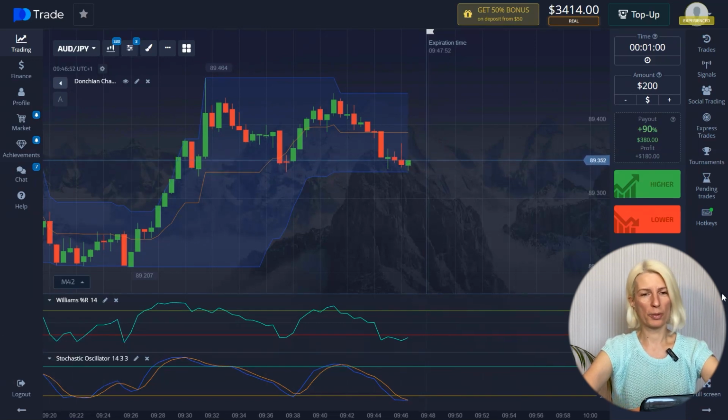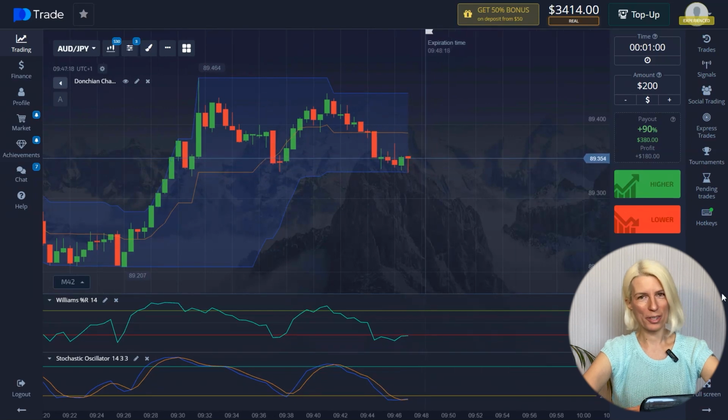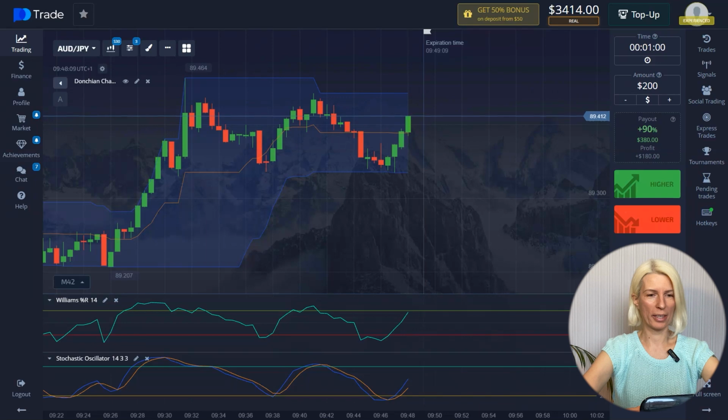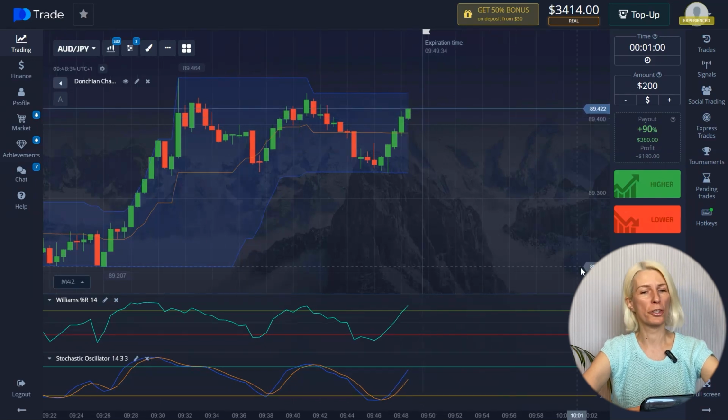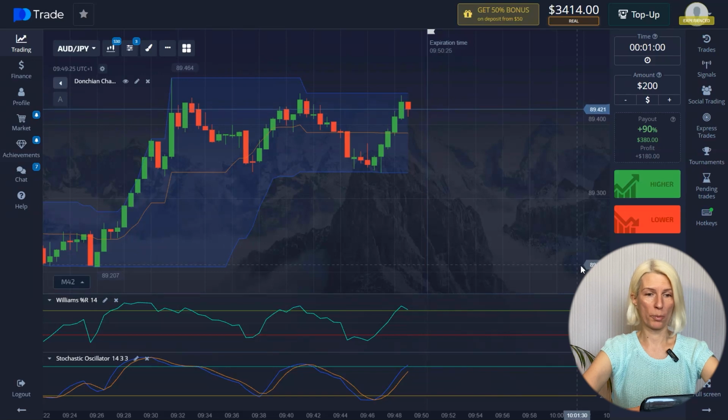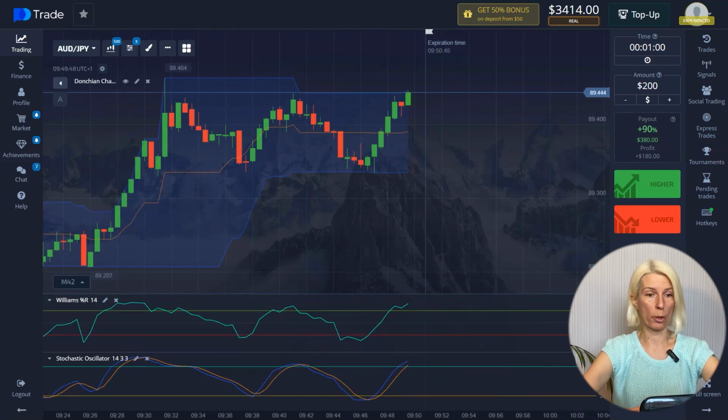So far, the payout percentage is stable, and so as a result, we continue. The price has started to grow steadily and we're waiting for the opportunity to open the trade. When the upper limit of the downtrend indicator was reached, the growth slowed down, and I opened a down trade